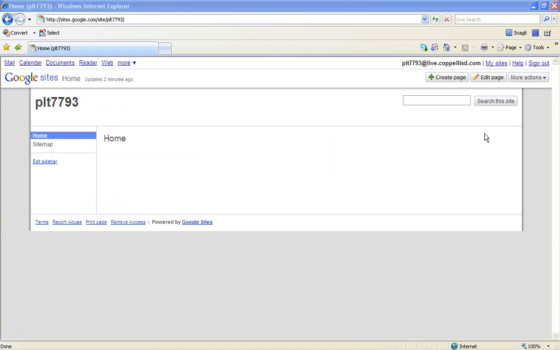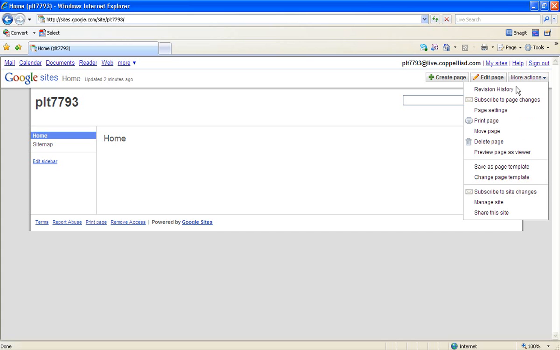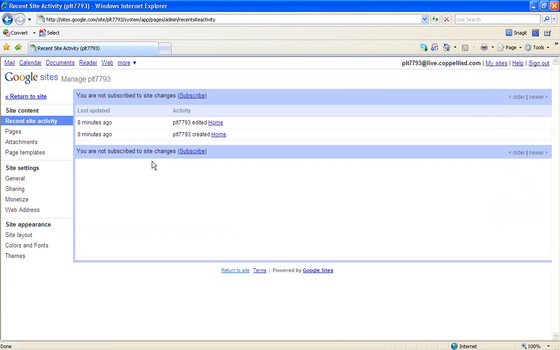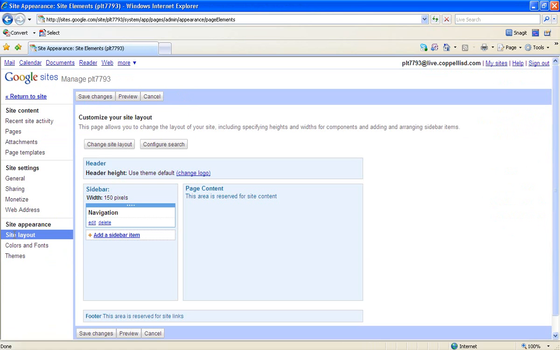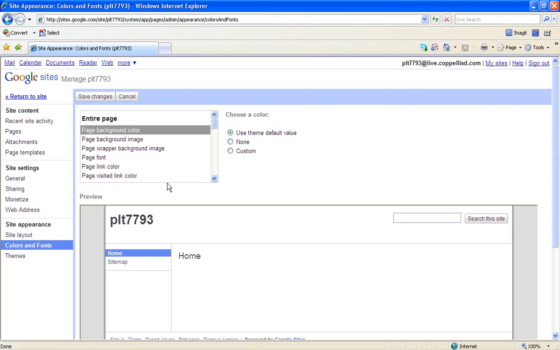Now I'm going to show you how to make your site look a little better, maybe a little less gray and white. To change the colors and the themes of your Google site, you can go to More Actions, and again scroll all the way down to Manage Site. And in the bottom left-hand corner, there's the Site Appearance links. You can change the site layout, the way it looks, if you don't like the way everything looks on your page. You can change the colors and the fonts right here,